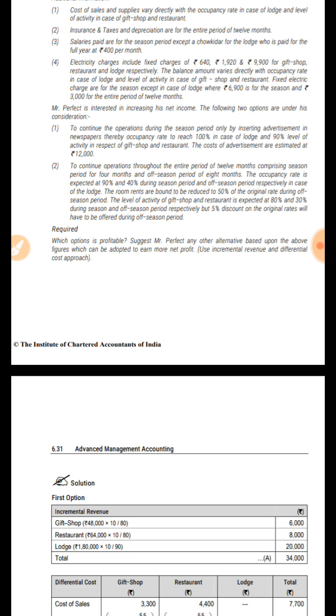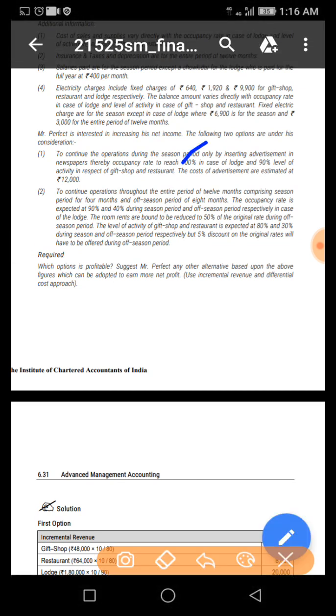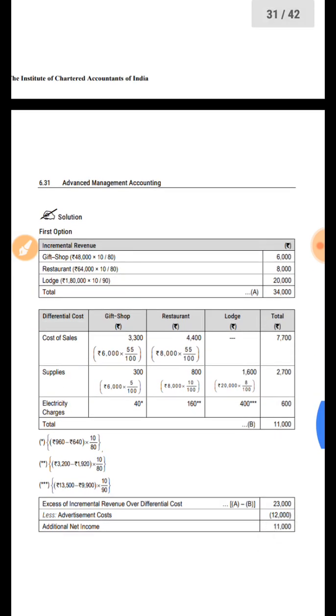So first option, since it is incremental, we'll check only the incremental things. So because of the first option, see what all is going to increase. One, the lodge is increasing by 10%, and the activity of gift shop and restaurant is also increasing by 10%. So see,